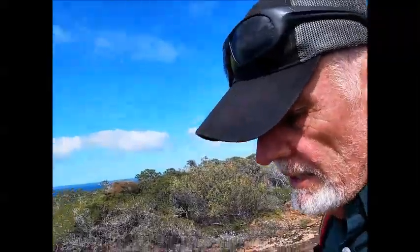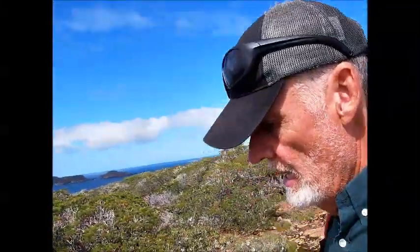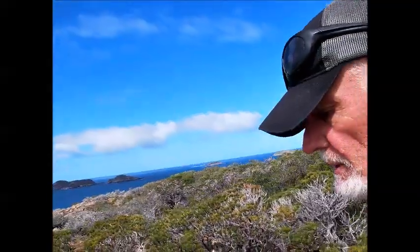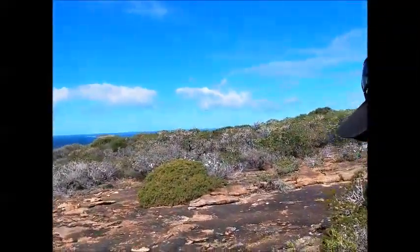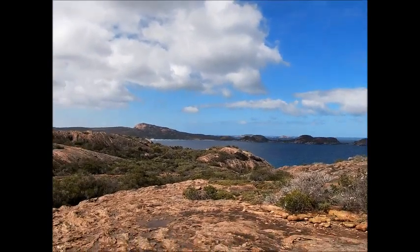The white sands, I said before, it probably has the whitest of sands. Forget your Whitehaven Beach and all that sort of thing. This is white sand just being created from obviously some sort of silica. It's squeaky when you walk on it, but have a look. I mean, how do you compare this